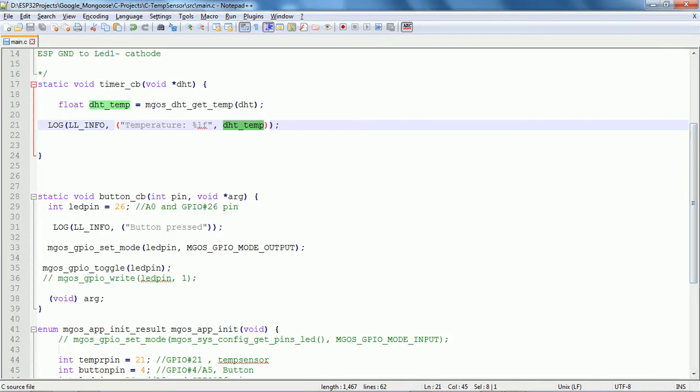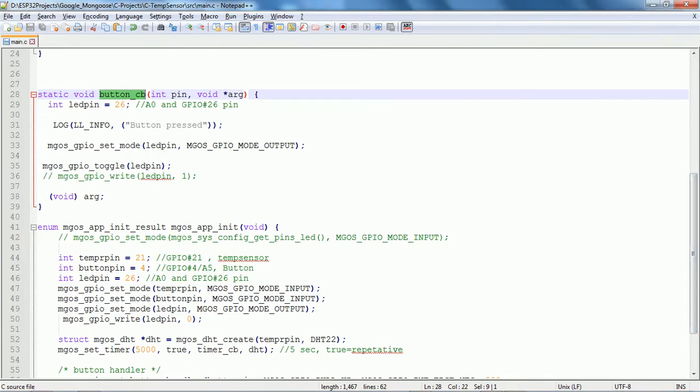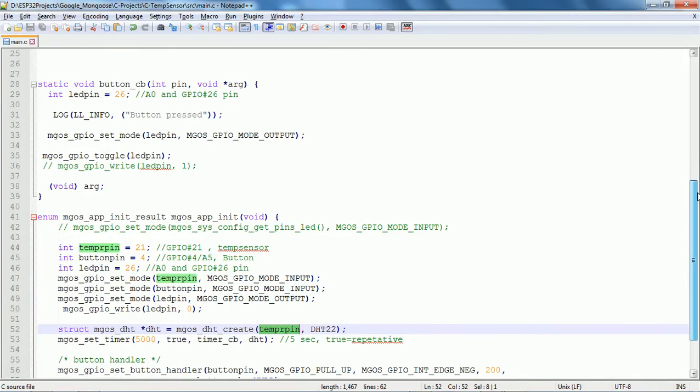Then the button callback, where we are toggling one LED. You have this pin number, and that pin number we are sending from this callback. If you want to make use of that, we can basically make use of this.